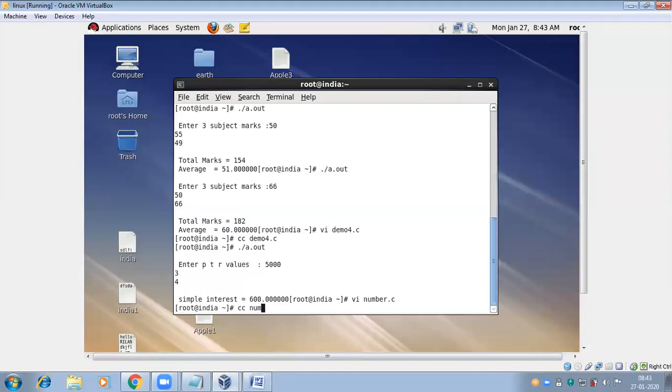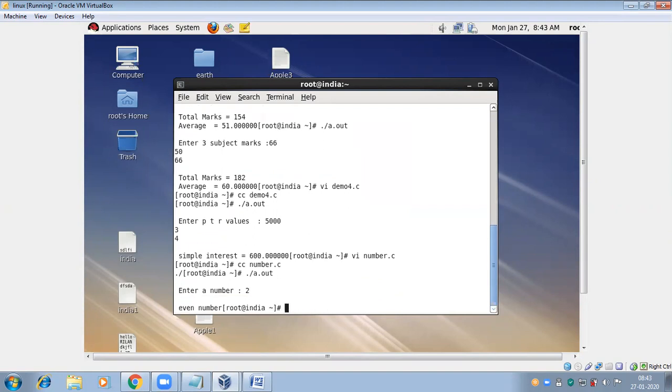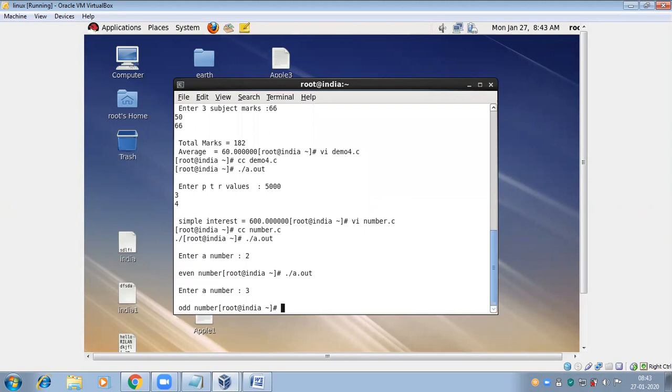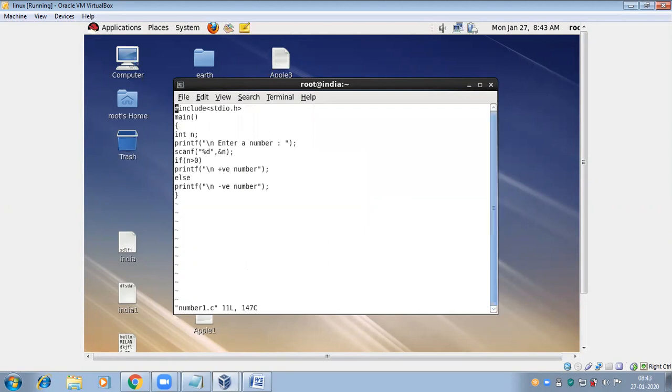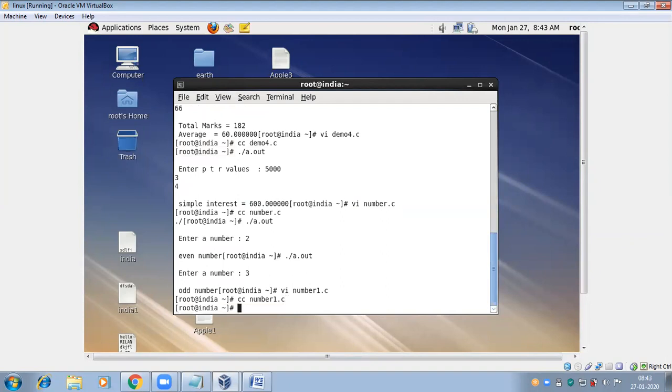cc number dot c, dot forward slash a dot out. So vi number one dot c, positive number and negative number, cc number one dot c, dot forward slash a dot out.